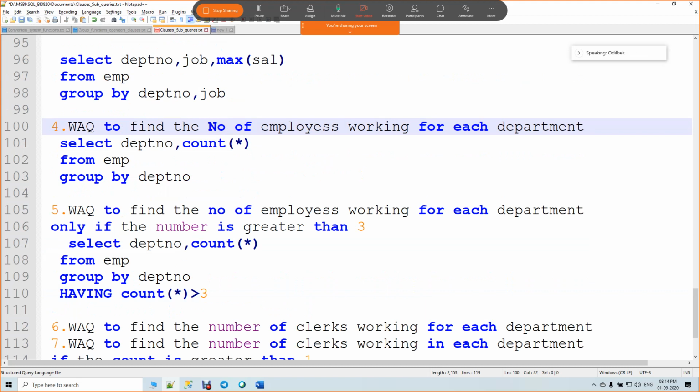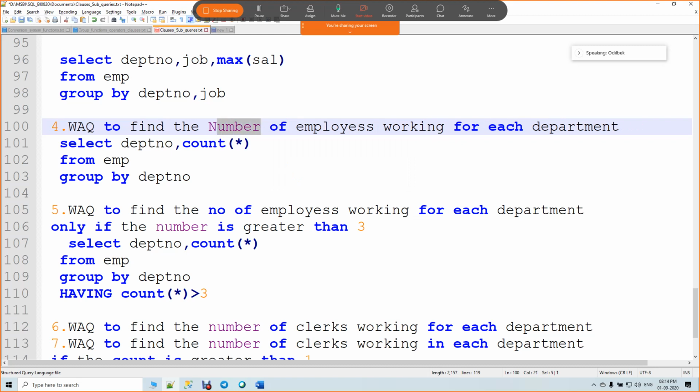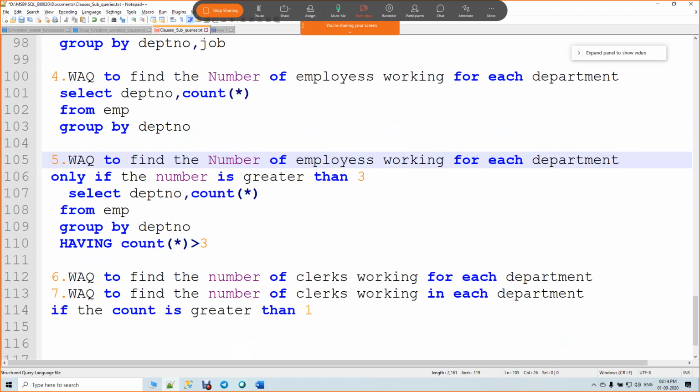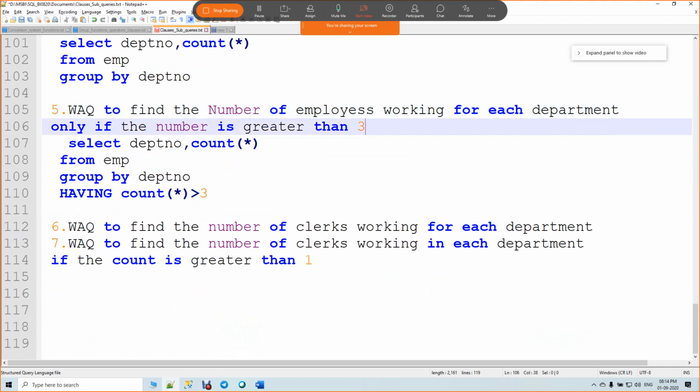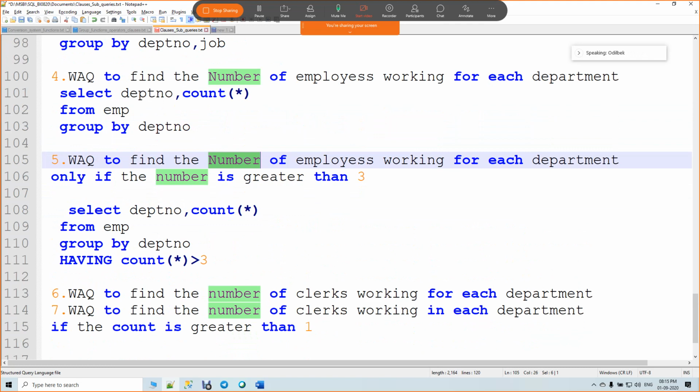Okay, I'm sorry for that actually. It is number of employees. Sorry, you have to write number. Next time I will do that. I'm sorry for that. Number of employees. No problem.